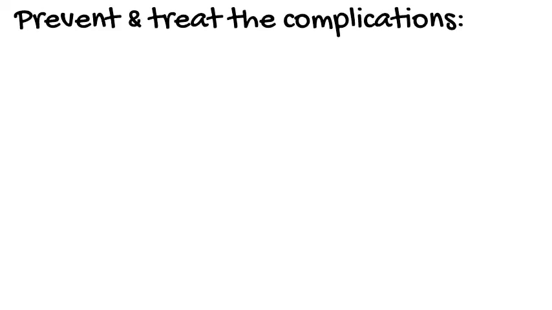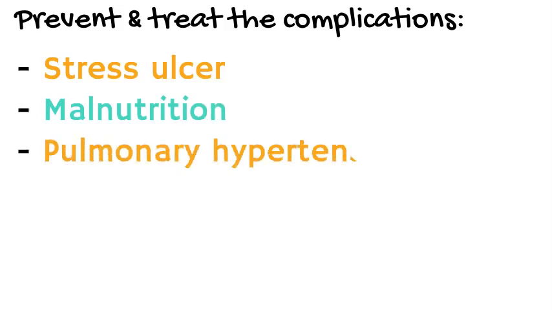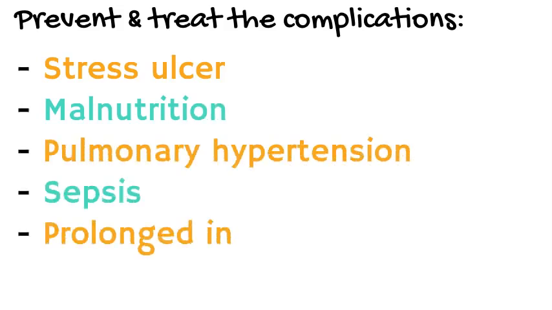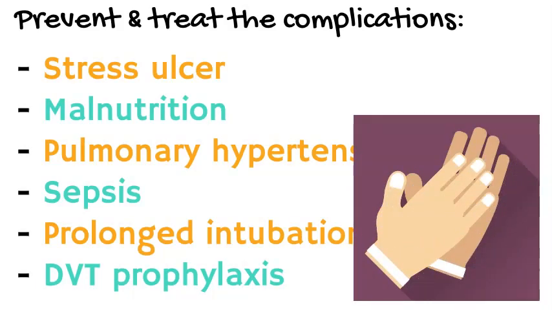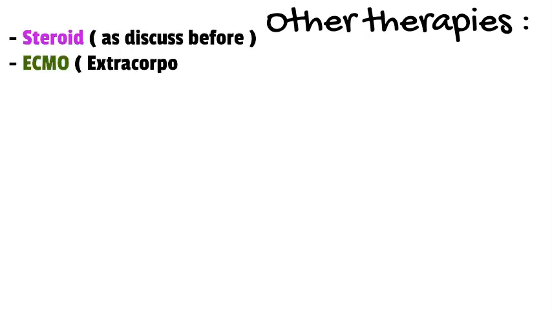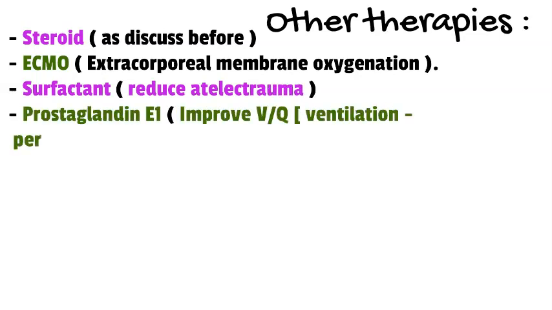Prevent and treat the complication. These include stress ulcer, malnutrition, pulmonary hypertension, sepsis, prolonged intubation-related complications, DVT prophylaxis. Other therapies. This includes steroid, as discussed before, ECMO, extracorporeal membrane oxygenation, surfactant, reduce atelectrauma, Prostaglandin E1, improve VQ, ventilation perfusion mismatch,